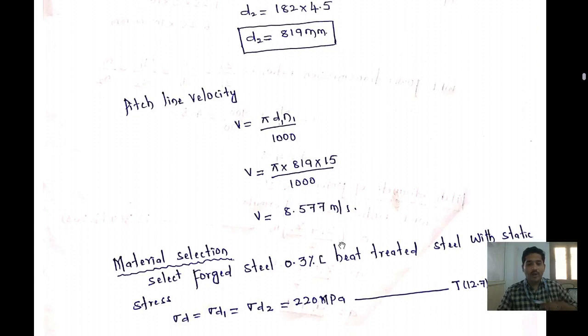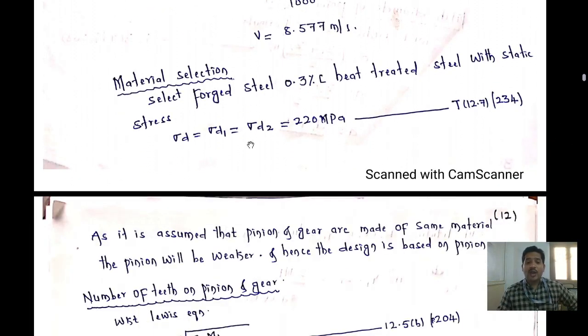If you divide the whole value, then you will get the answer as 8.577 meter per second. After that, we have to decide which type of material to select. The material selection is the most important step, because we know very well that it is a forged steel with 0.3% carbon, heat treated steel with a static stress. You can easily get it from table number 12.7 and page number 234 from the design data